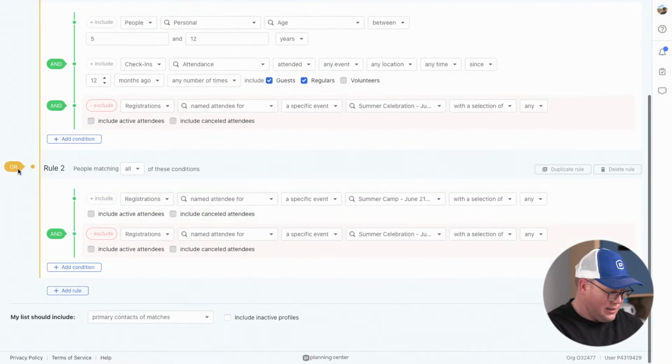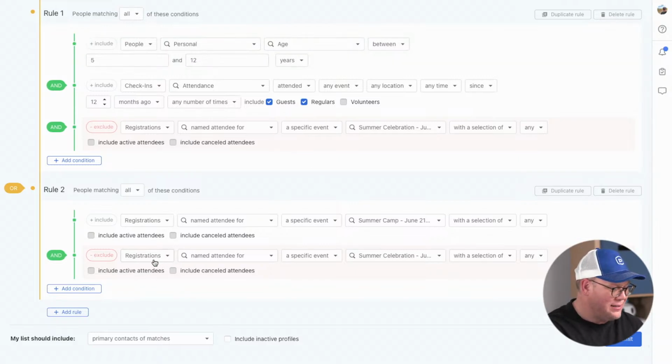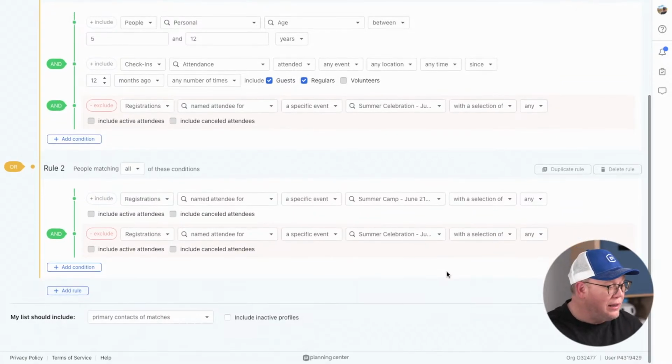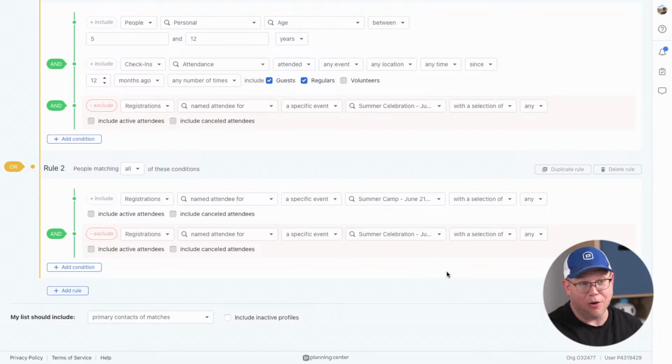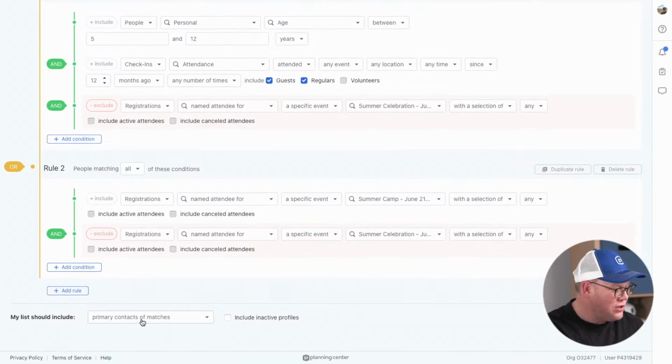Or, that's this big section over here, I want to collect a list of people who registered for this event last year. So it's pulling a list of anybody who's been active in the last year and is 5 to 12, or came last year. And then this also has that same exclusion of who's actually signed up for this Summer Celebration. That will pull a list of all the kids in that age bracket who fit those rules. We don't want a list of kids if we're marketing. We want a list of their adults. So at the very bottom, my list should include